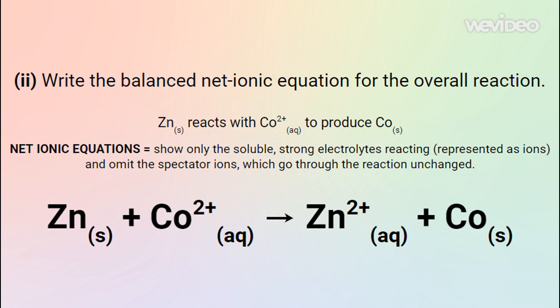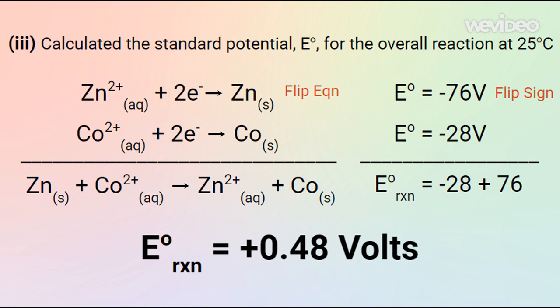In Part 2, we are asked to write the balanced net ionic equation for the overall reaction. The balanced net ionic equation is solid zinc reacts with aqueous copper 2+ to yield aqueous zinc 2+ and solid copper. In Part 3, we are asked to calculate the standard potential for the overall reaction at 25